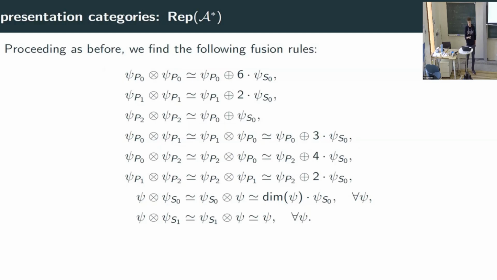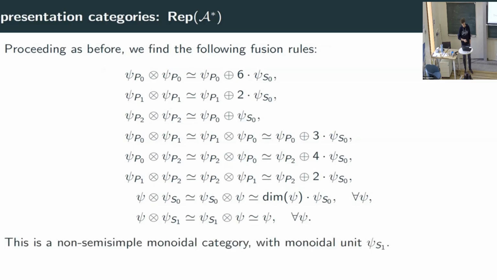So this nil module is a one-dimensional module. Because I'm taking tensor products over vec, the dimensions really just have to multiply. These cannot be some weird quantum dimensions. So this direct sum with the nil module is really just there to fix the total dimension of these things. It's a little bit strange. I don't know if this is the proper way of thinking about it, but it seems consistent. Again, this is just direct computation. There's nothing really deep going on here. And so this is a non-semi-simple monoidal category, and there is a monoidal unit here. That's this psi of S1.